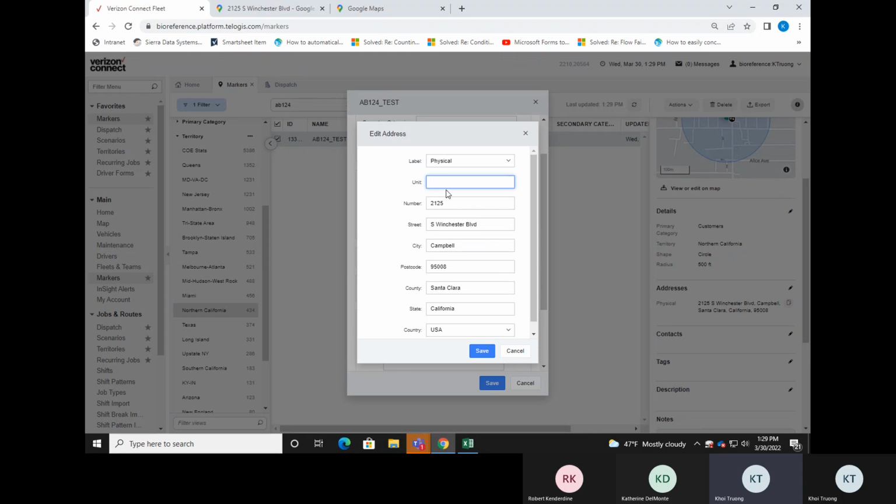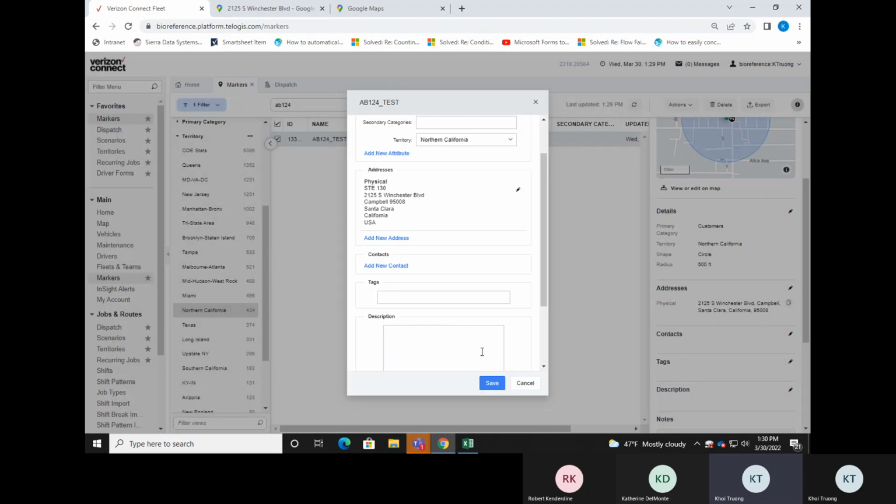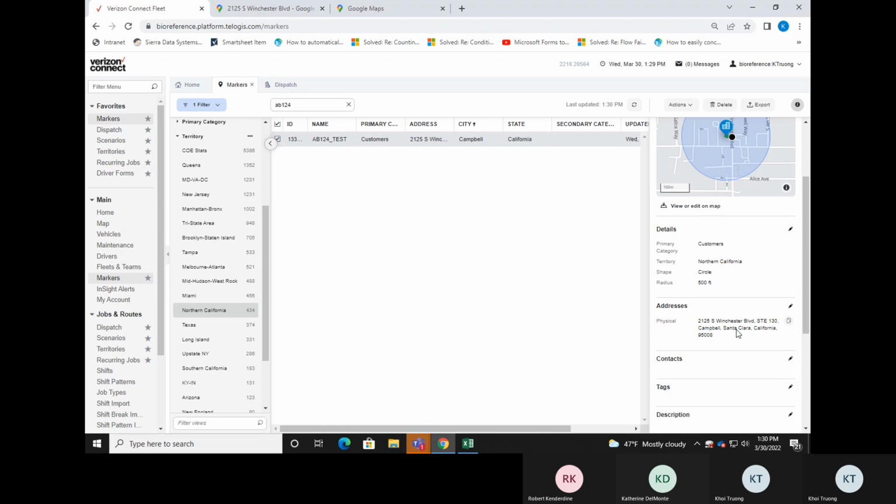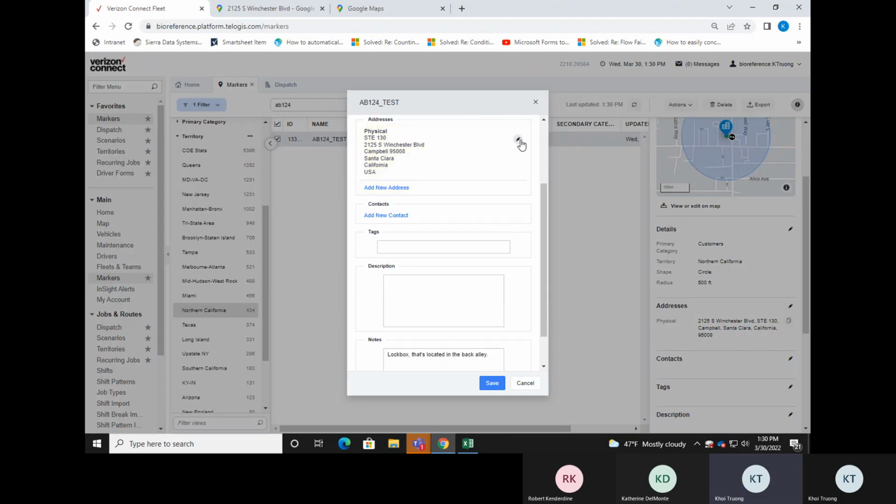And here is where we can type in suite. So now once I save it, you'll now see that the suite number is there as well. So this is another way you can validate your data as you're going through this. Once you had published it through scenarios, double check it in the markers table and make sure that the suite number is in there. And if it's not, you can go ahead and add it